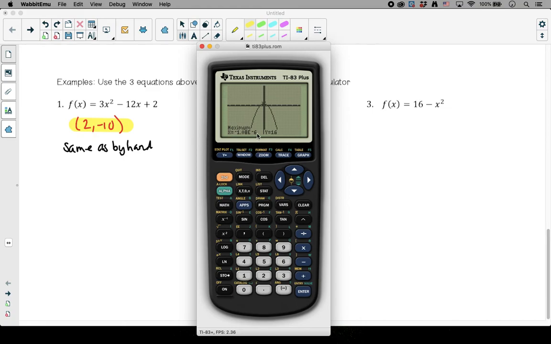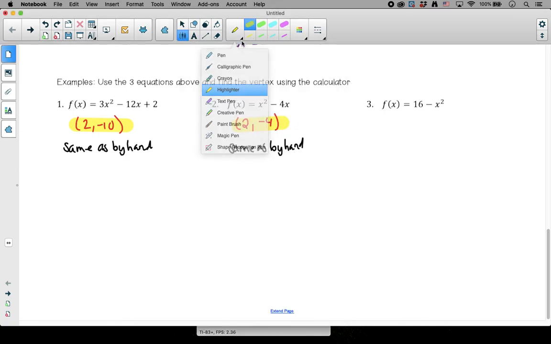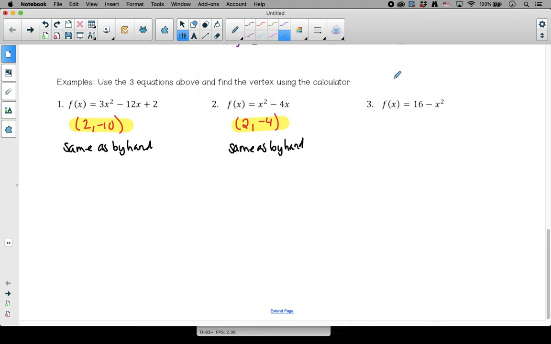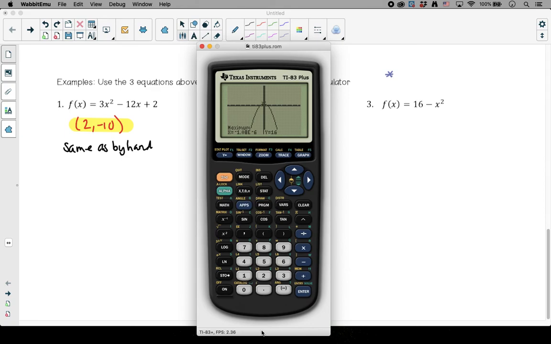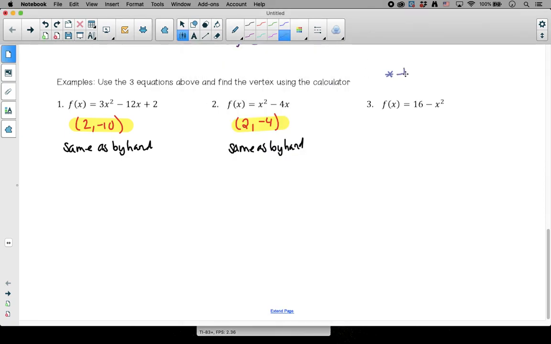So if I were to write this, we had negative 1.08 e negative 6 really means,